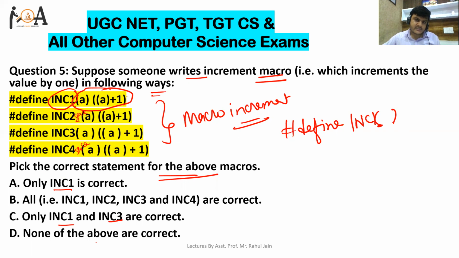Hence only this way and this way is the correct way of declaring any macro syntax. So we can say that option C is correct, that is only INC1 and INC3 are correct, but INC4 and INC2 are not correct. Why? Because between the macro name and the argument there is a space, it is not allowed here. That is why 2 and 4 are false, only 1 and 3 are the correct way. So I hope it is clear to you.